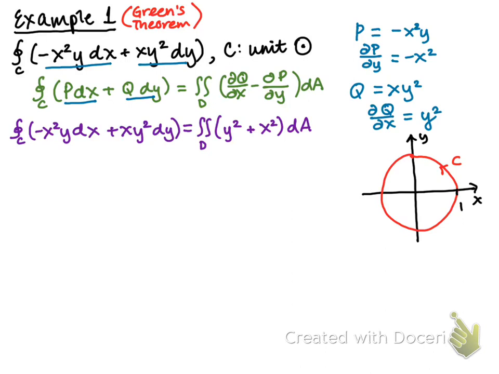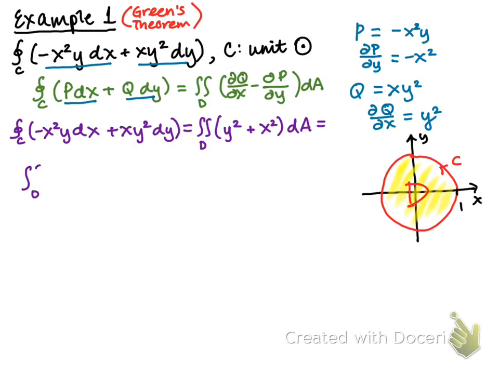And here, of course, is D. So D is the unit disk. Okay. All right. So now I can rewrite my integral as the integral